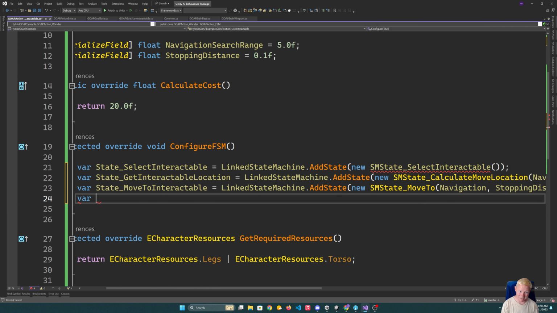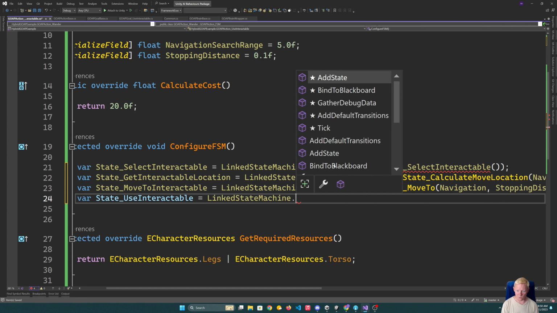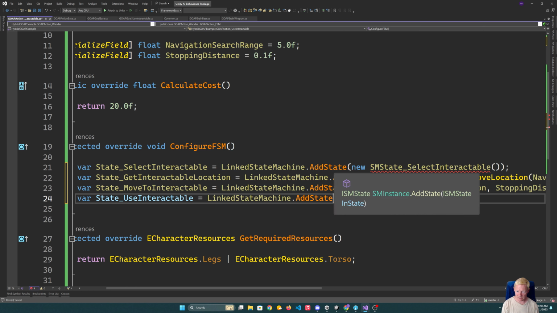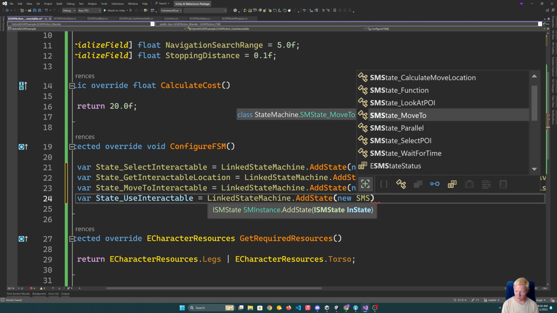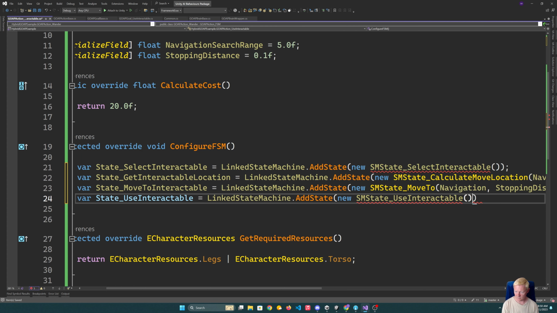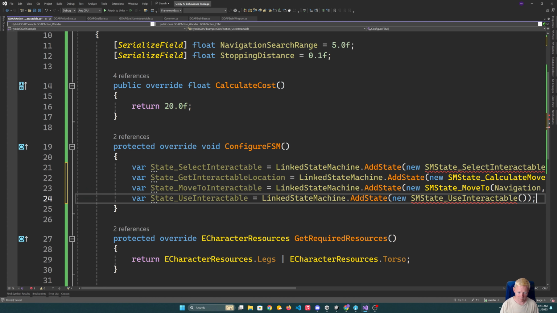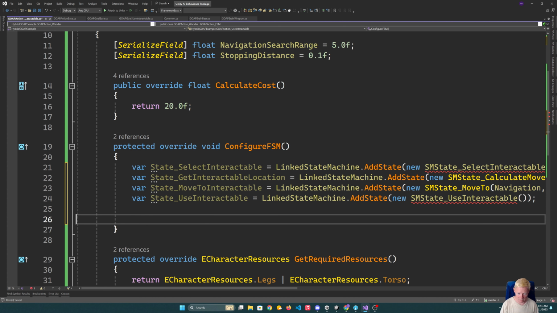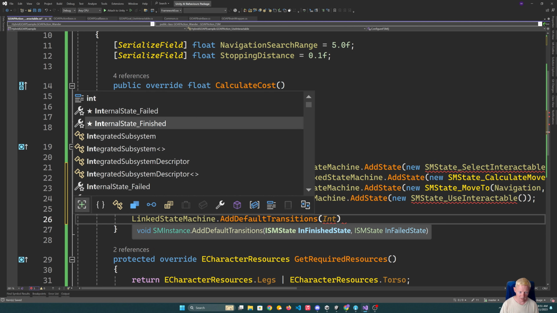And then finally, we'll have another new one, which will be the actual use logic. So we'll have a use interactable, and that will do linked state machine, add state, new SM state, use interactable, like that. So in terms of transitions between these, we'll have our usual adding of the default transitions that'll happen